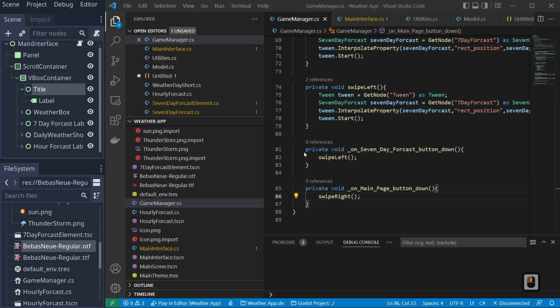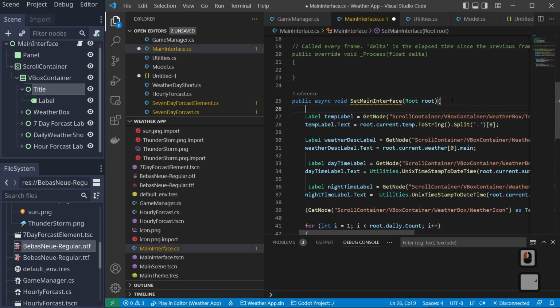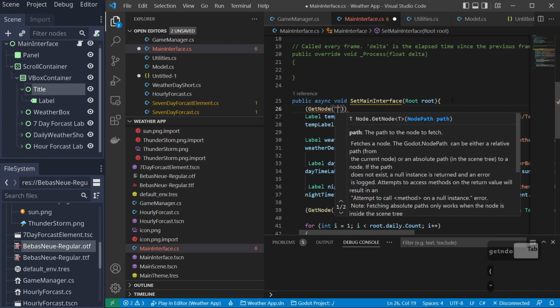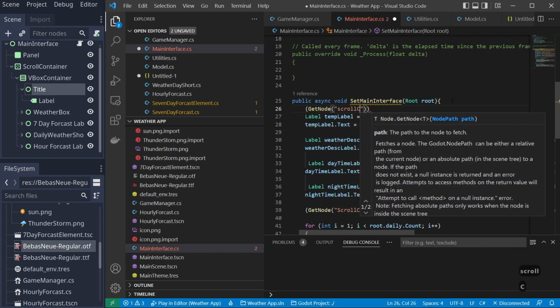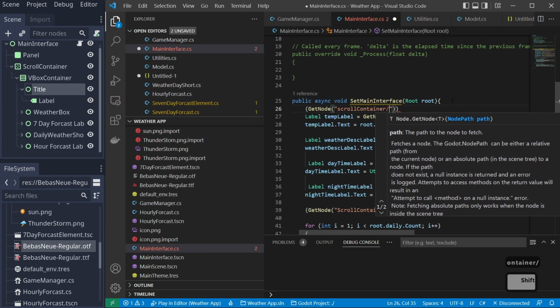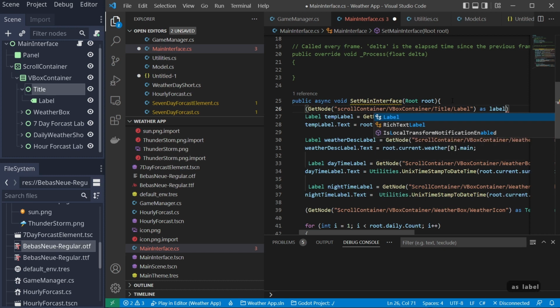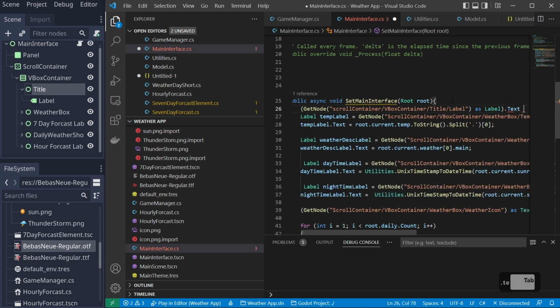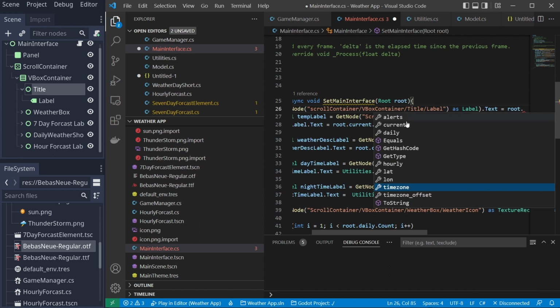And then we'll go to our main interface. And when we add in our stuff, we'll go ahead and fetch our Detroit label. So we'll go ahead and say get node, scroll container, /vbox, container /title /label as label dot text is equal to root dot, and in here there should be something that we can